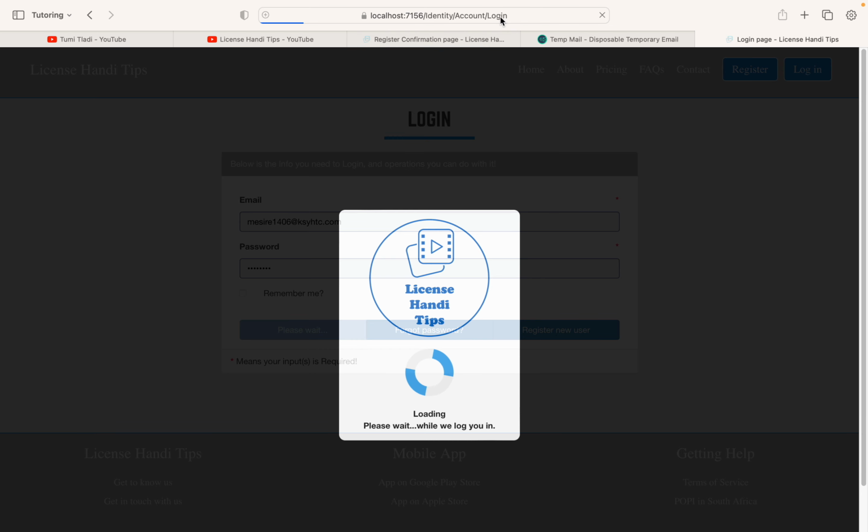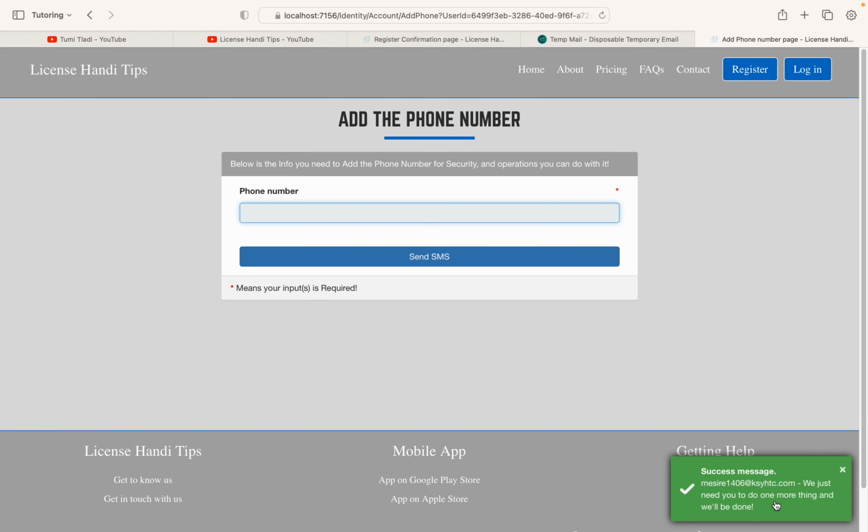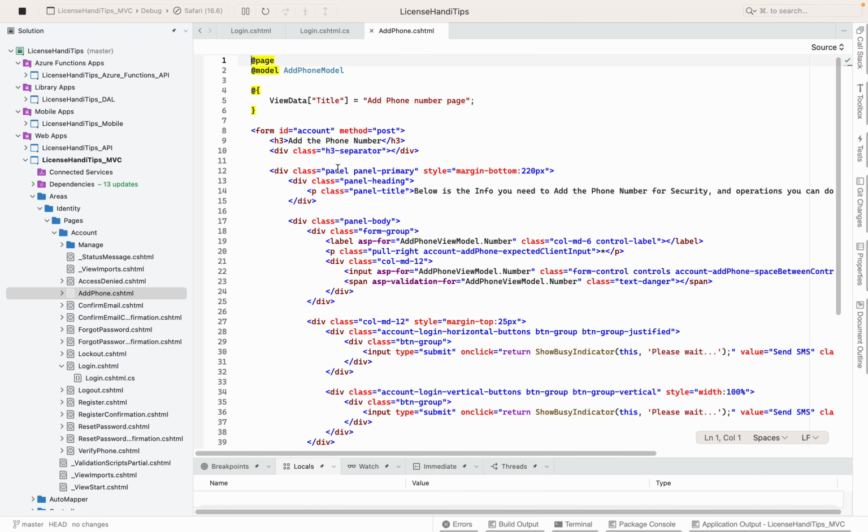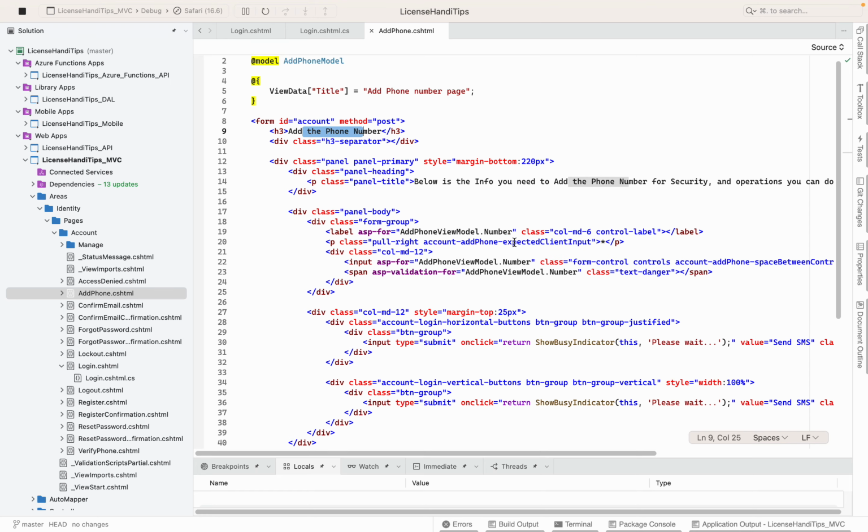Check where it's going to redirect the user and what the message is going to be here. Give it a couple of seconds. There we go. So it says, listen, wherever you are, we just need you to do one more thing and we'll be done: add phone number. So let's look at the UI quickly. Add phone. This is going to be the UI that says add the phone number, and for